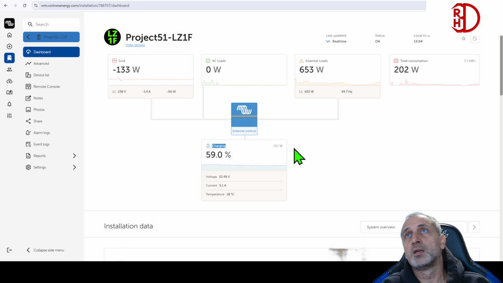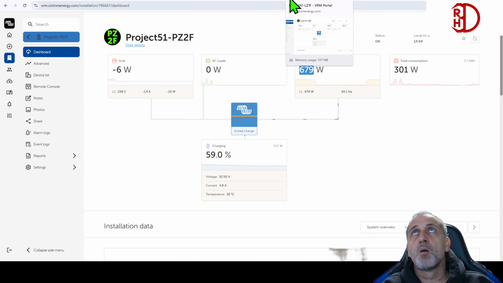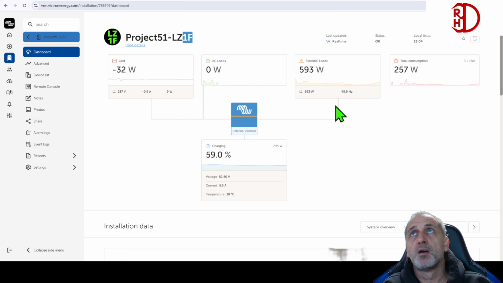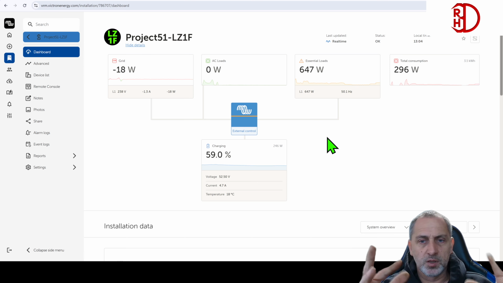And you see the consumption, you see the essential load on my system, and this is phase 1. I have the same on phase 2 and also the same on phase 3. There is no essential load here, very small. Here is the hot water heating system, 700 watts, and here is the house consumption actually running now. And the project that is actually running is doing like the UPS system